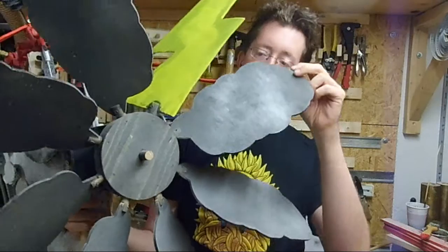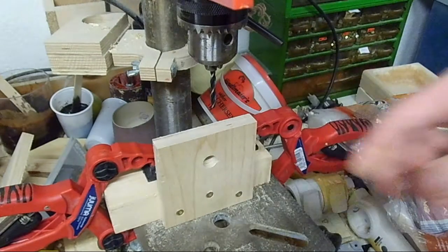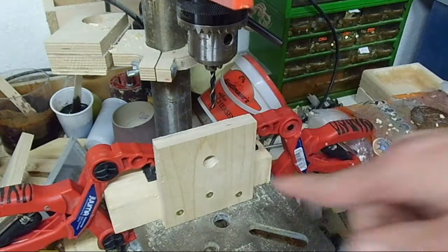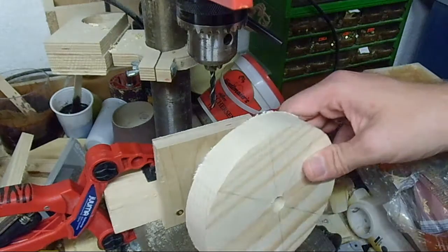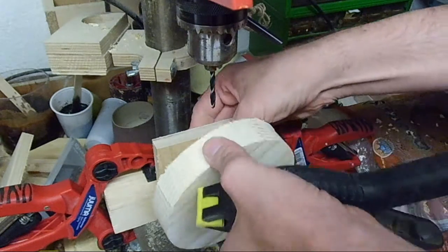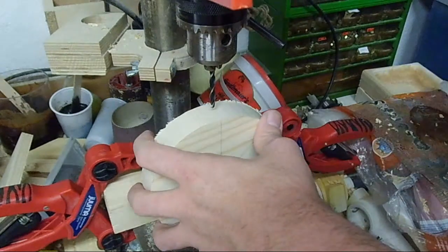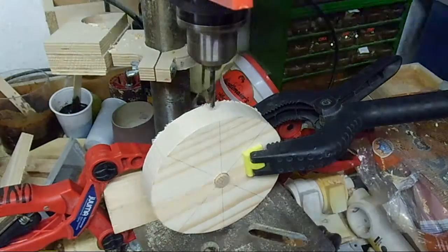We have the propeller. Here I built a little jig, basically a slat with a piece of plywood and a through hole for the dowel. And on this dowel I'm putting the spinny thing. I'll align it with the lines I drew on it, clamp it down, and